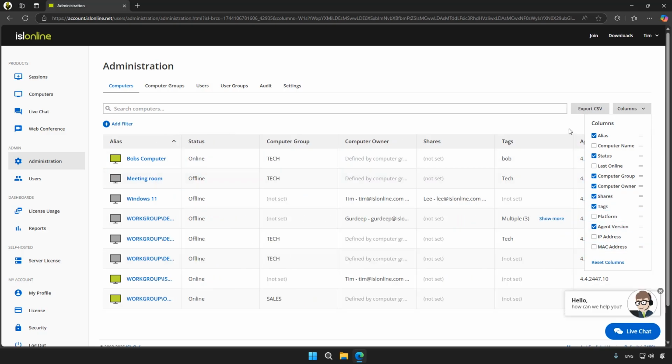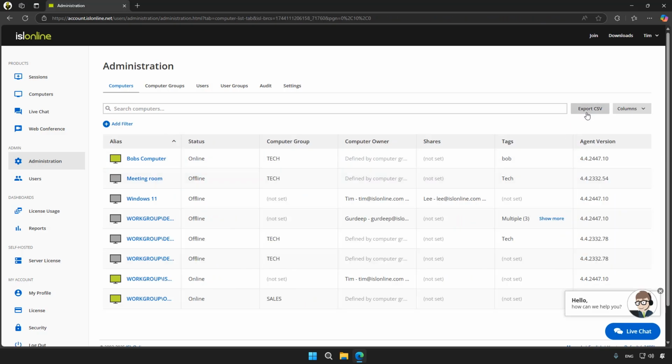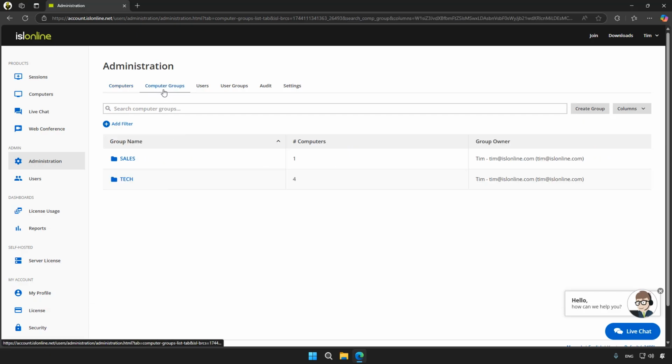Another useful feature is exporting selected data to the CSV file for easy analysis or integration elsewhere. So let's move on to the Computer Groups tab, where we have an overview as well as access to all of the computer groups within the account. Once again, we have the same filtering and search options for the Computer Groups tab as we do for the Computers tab. Here, we can see how many computers are within a computer group, as well as who the group